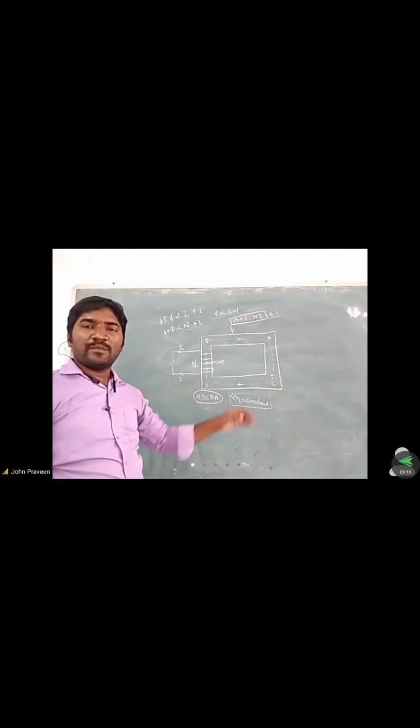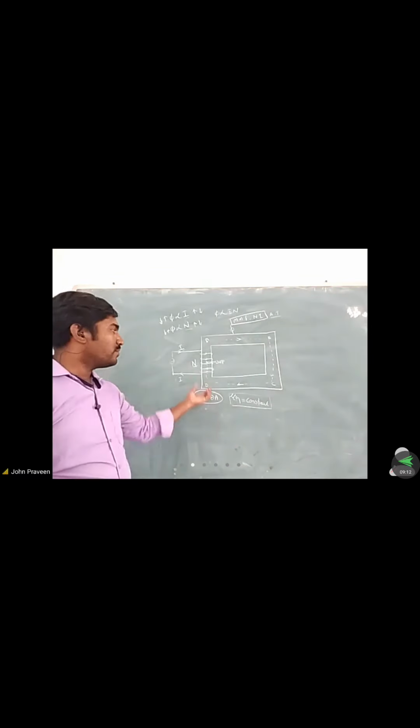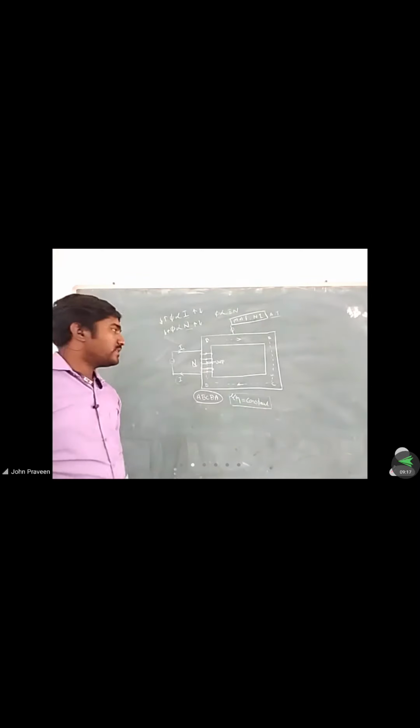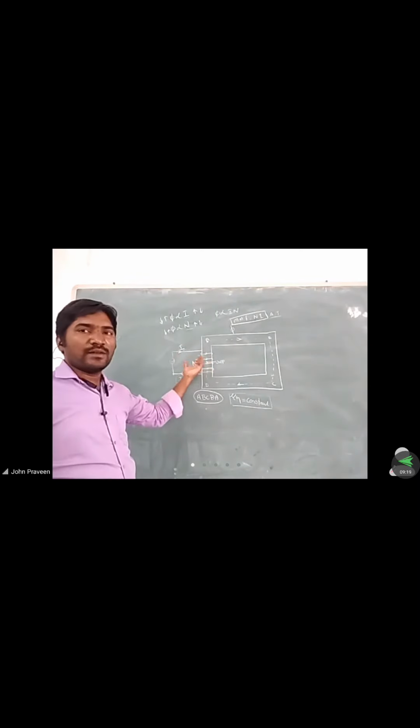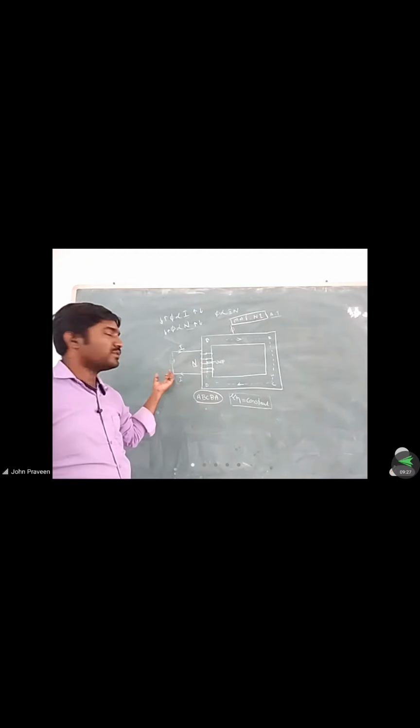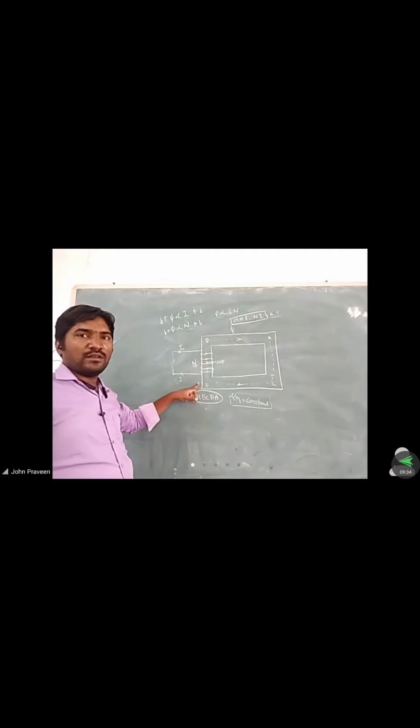First, what we discussed here: we are taking a magnetic core made up of silicon steel or cast iron, whatever the material may be. We are placing a winding on one limb and it is connected to the supply. Before connecting to the supply, we assume there are N number of turns. Whenever it is connected to the supply, the current will start flowing through the conductors, which we assume as I.